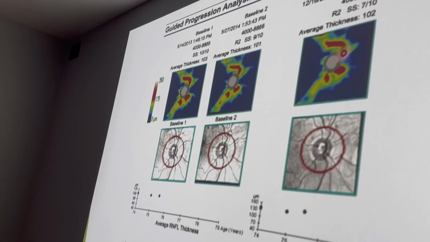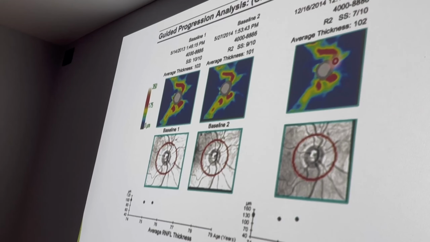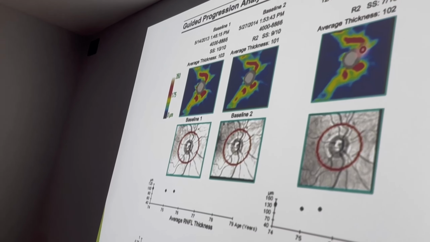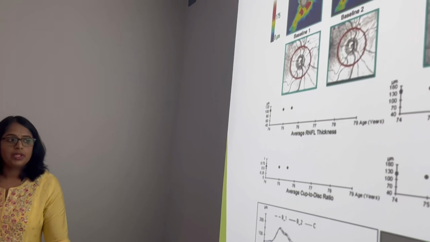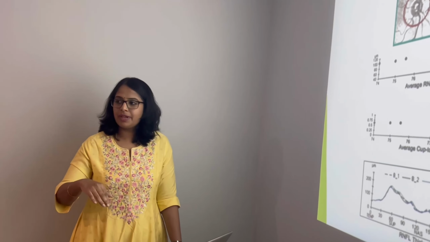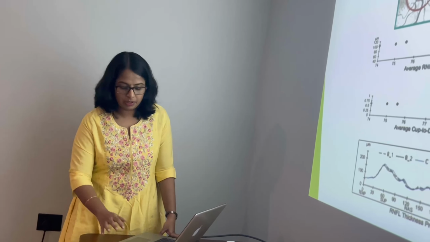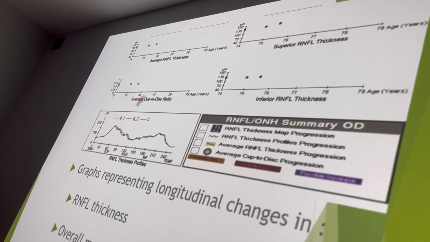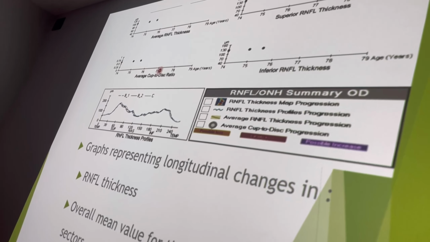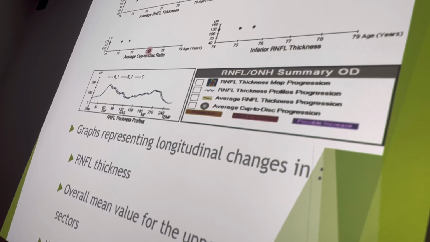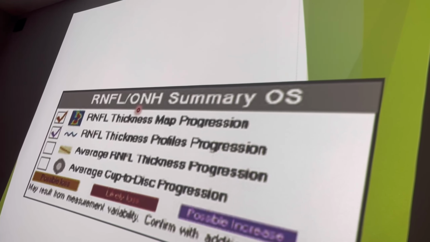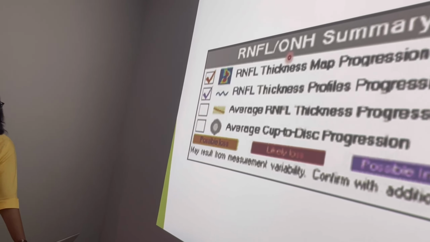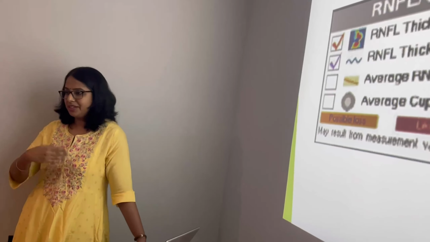This is a guided progression analysis. This is progression software in Cirrus HD OCT. In that, 2 baseline OCT scans should be there. After the 3rd to 4th scan, this GPA can be done. So the machine itself will analyze every value and will tell if there is glaucoma progression or not. It checks the average RNFL, superior and inferior RNFL thickness, and the average cup to disc ratio. All these are plotted, and the machine will analyze. And in the summary box, the machine itself will tell if there is possible or probable progression. It's not upgraded in our